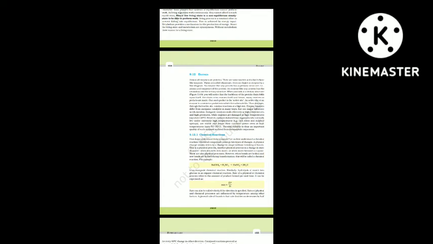9.12 Enzymes. Almost all enzymes are proteins. There are some nucleic acids that behave like enzymes. These are called ribozymes. One can depict an enzyme by a line diagram. An enzyme, like any protein,